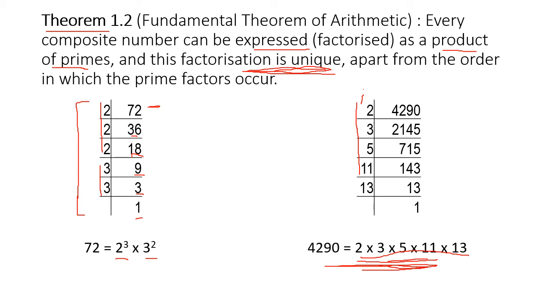Remember this. You will try out other numbers later on. Now, where will we make use of this fundamental theorem of arithmetic? Yesterday, what did we do? We did Euclid's division lemma and Euclid's algorithm to find HCF, right? Today we saw in how many different ways the real numbers can be expressed in the form a equal to bq plus r. Now we have learned the fundamental theorem of arithmetic, that every composite number can be expressed as the product of its primes and its factorization is unique. So this is one more thing we learned today. Now let us see how to make use of it.